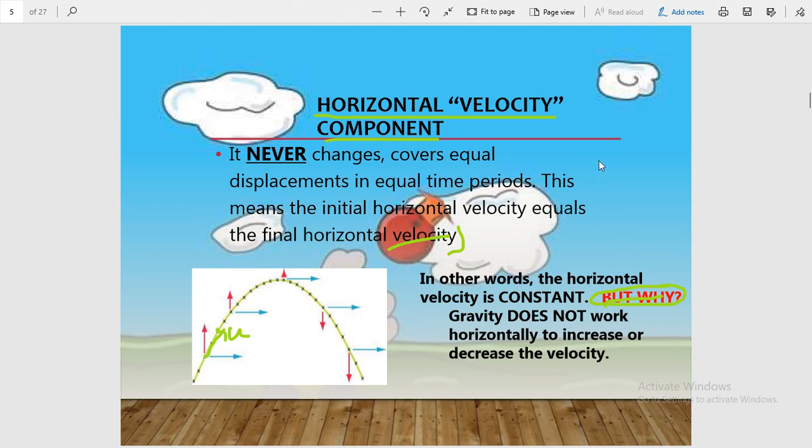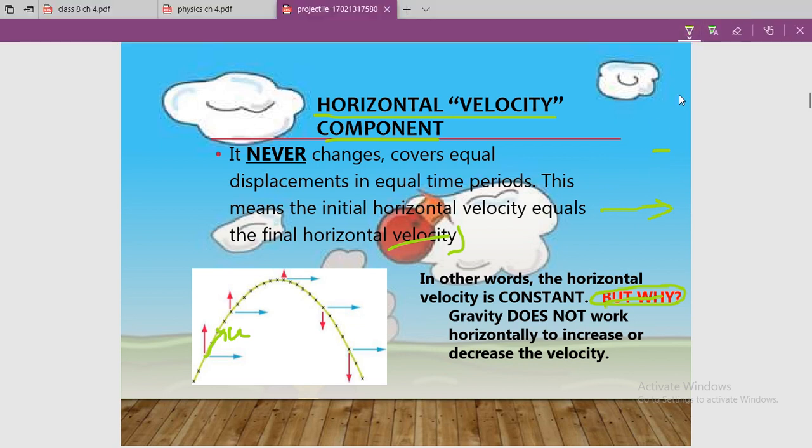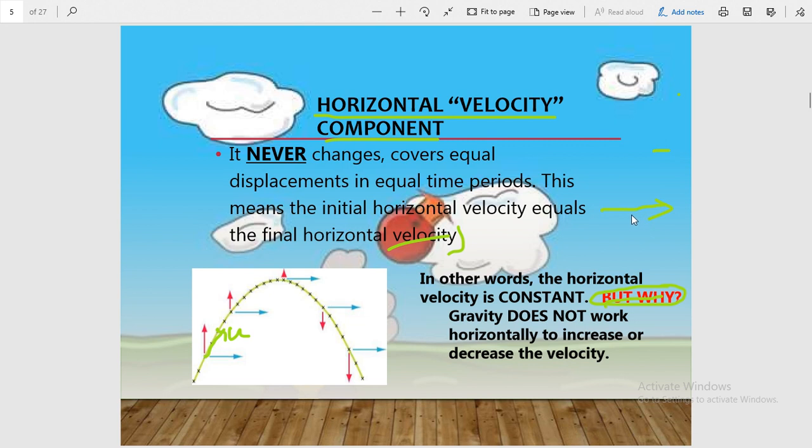Let me explain this by giving an example. This one is the horizontal velocity. Let me draw another vector. Suppose this one is the horizontal vector. Now gravity is working along this direction. You can see the direction of this gravity and this velocity are at 90 degrees. So this force, the gravitational attraction force, cannot change the magnitude of velocity because a perpendicular force cannot